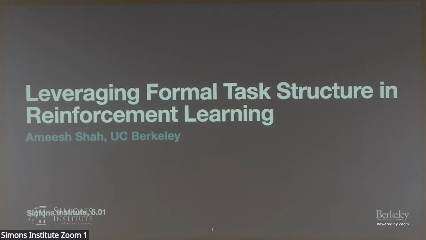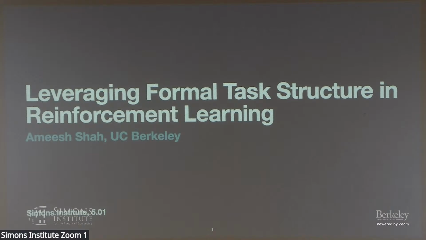And the first time I heard of Ameesh's work was when he was an undergrad. He was looking at synthesizing programs to describe behaviors of rats using differential programming. So his roots in neurosymbolic AI go all the way back to his early days as an undergrad. Ameesh. Thank you. There will be no talk about rats in this lecture, so sorry to disappoint if anybody's expecting it.